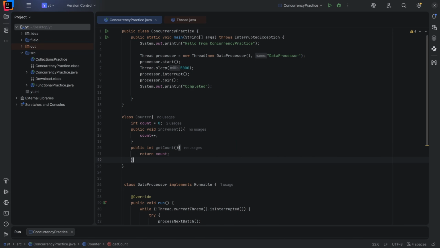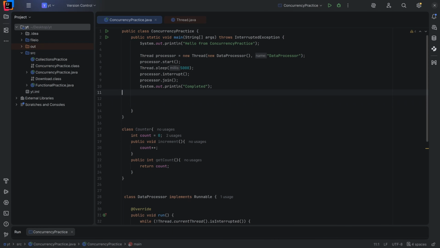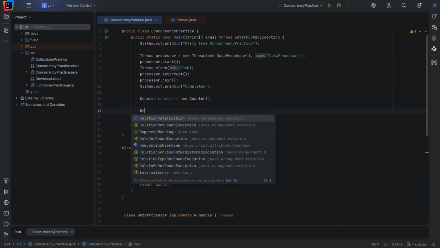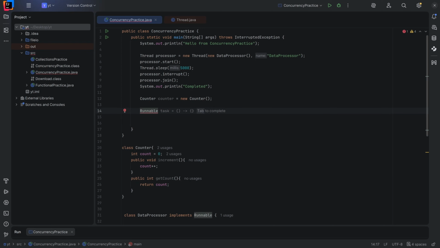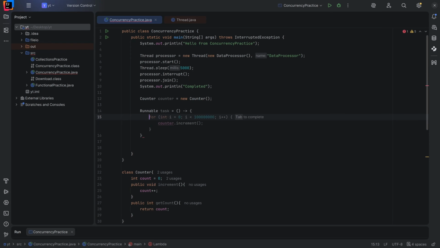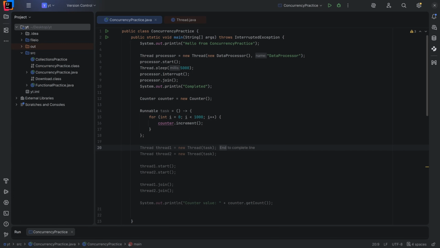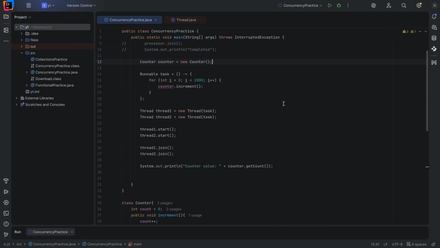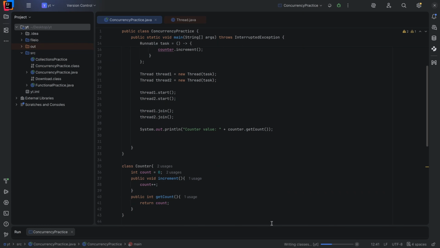Right here we can create two threads, or maybe we can create a Runnable. Let's not go that far. Now we can create thread 1 and thread 2, start them, and comment out this one for now. And if we run this one,